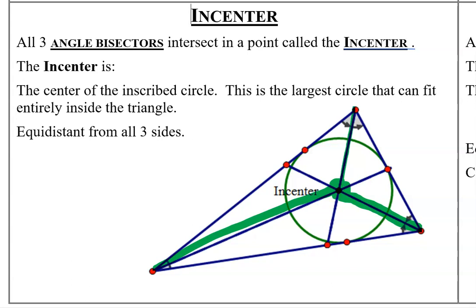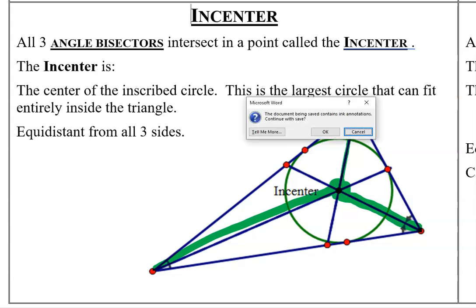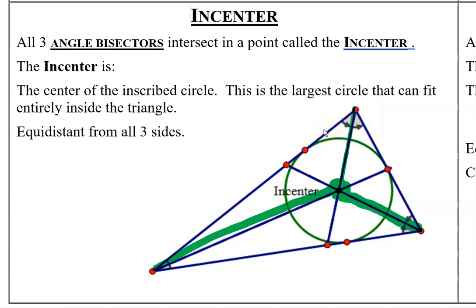The incenter has two major properties that are important. One, it is the center of an inscribed circle. An inscribed circle is the largest circle that can be found and fit entirely inside the triangle. The inside circle will touch the triangle right there on all three sides, but it will never cross outside of